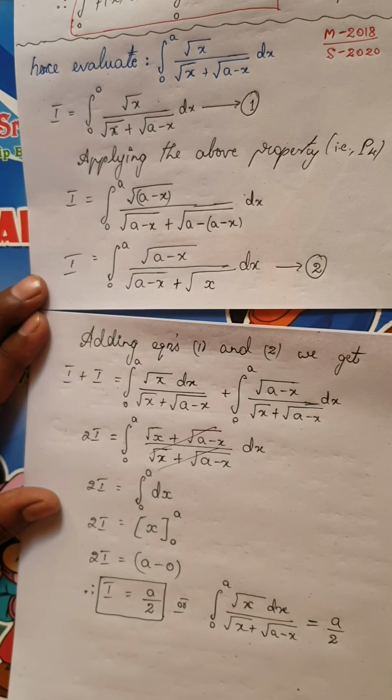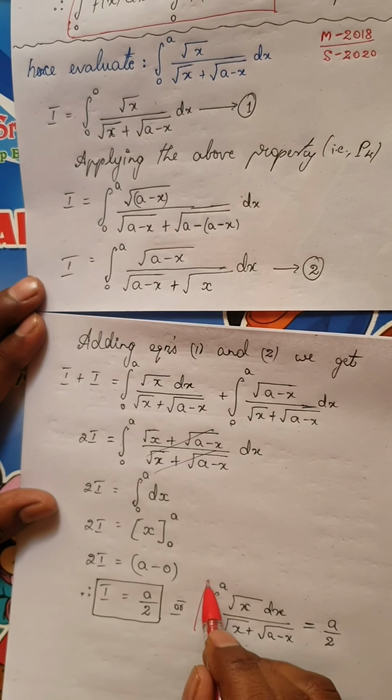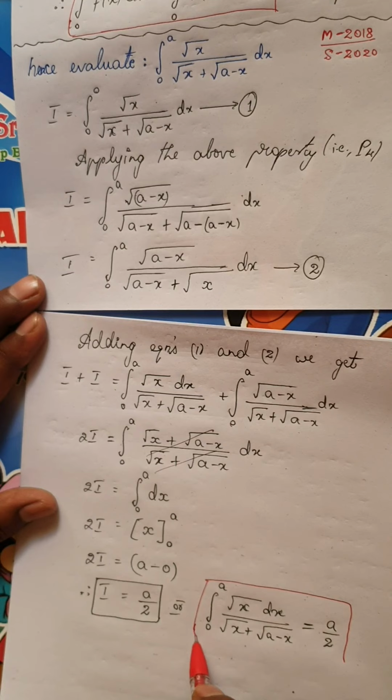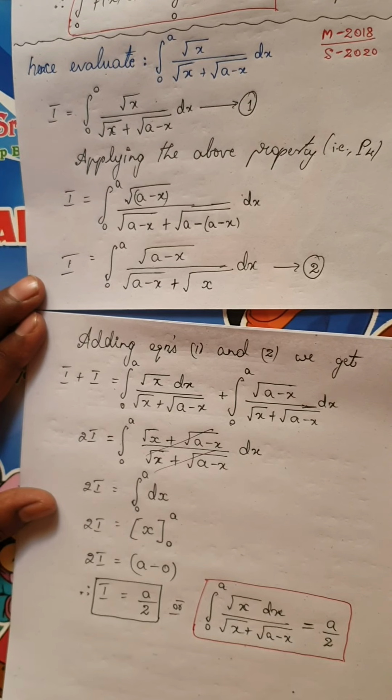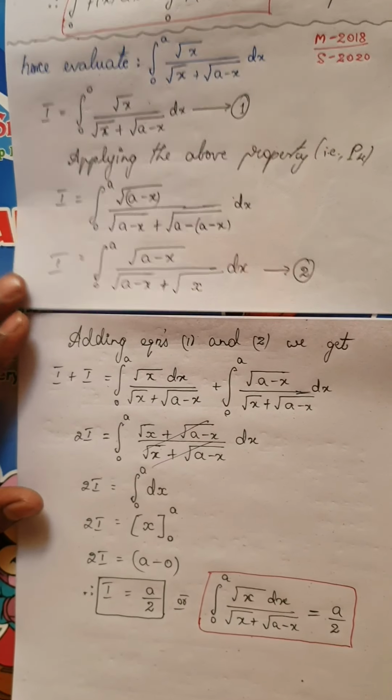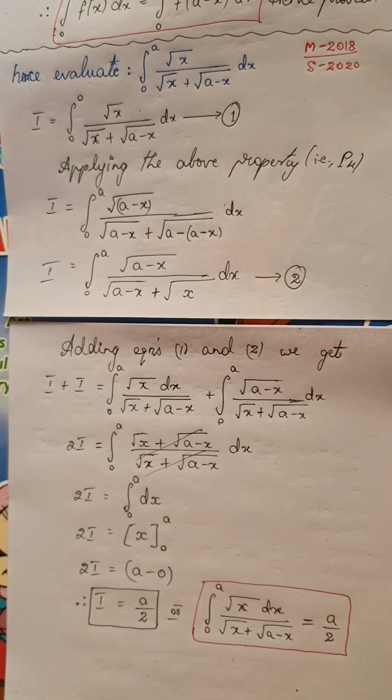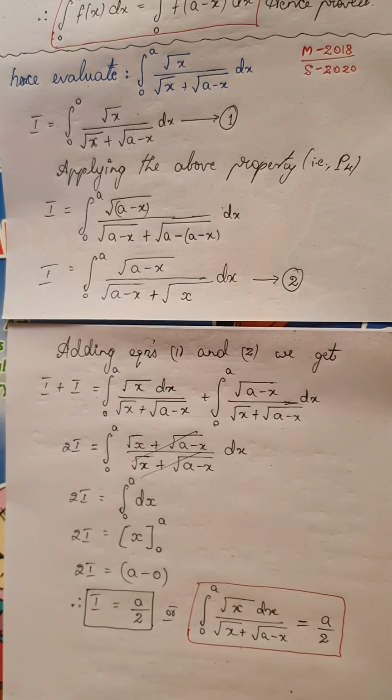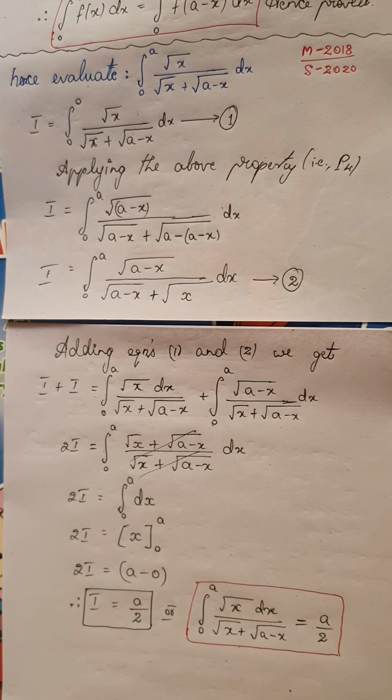So, very simple proof this is. Remember, this would be the final answer for the given problem also. So, the proof part of the property is also very simple. Along with this, if they ask you this question, you can easily solve this and get 6 marks. So, you can practice this and easily solve the question. We are going to solve the other questions which have been asked along with this property. Are you ready?